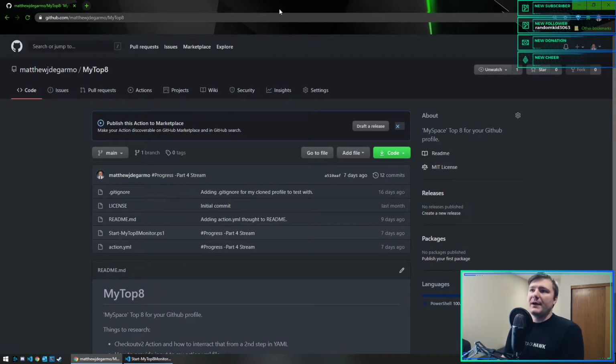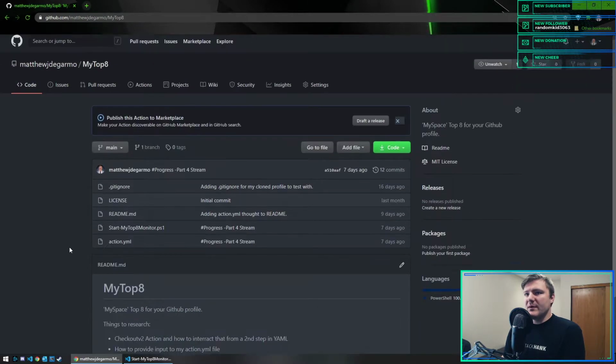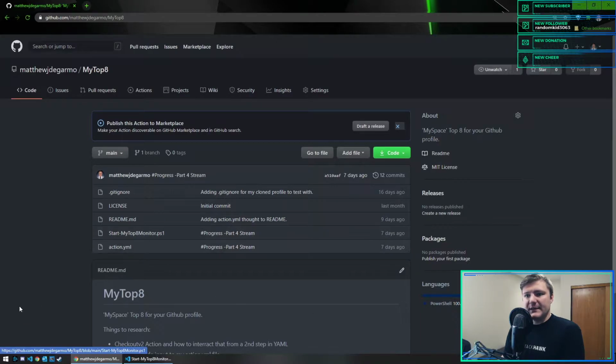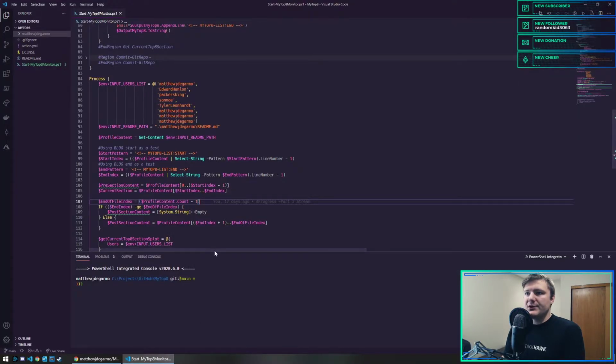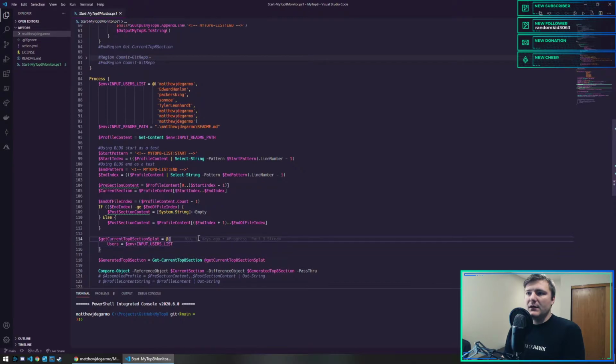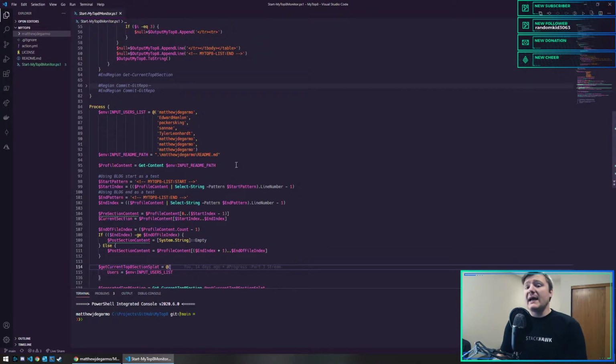So here we are, making an action. It's fun. I need to try to remember where I picked up off last time. Because this isn't an action yet, I can't actually use the action functionality, but I think this time I want to get that set up, make this an action, but whether it's ready or not, get it out there public so that I can use it and figure out how the action is passing information to my PowerShell, and then we can test